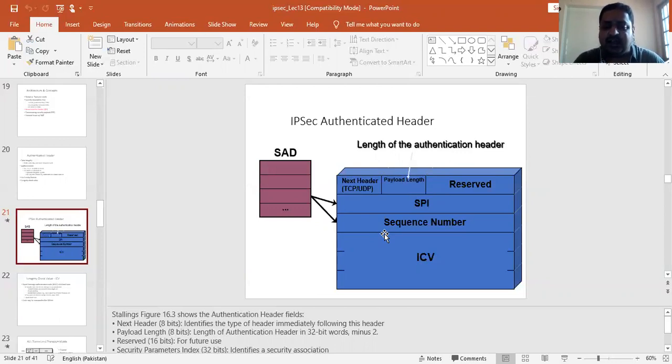At the receiver end, we recalculate that value. If it matches the value that is received by the receiver, that means the data has been securely received by the receiver and is not modified. So in this way, with the help of that field, we can do this using the integrity check value. And then we have